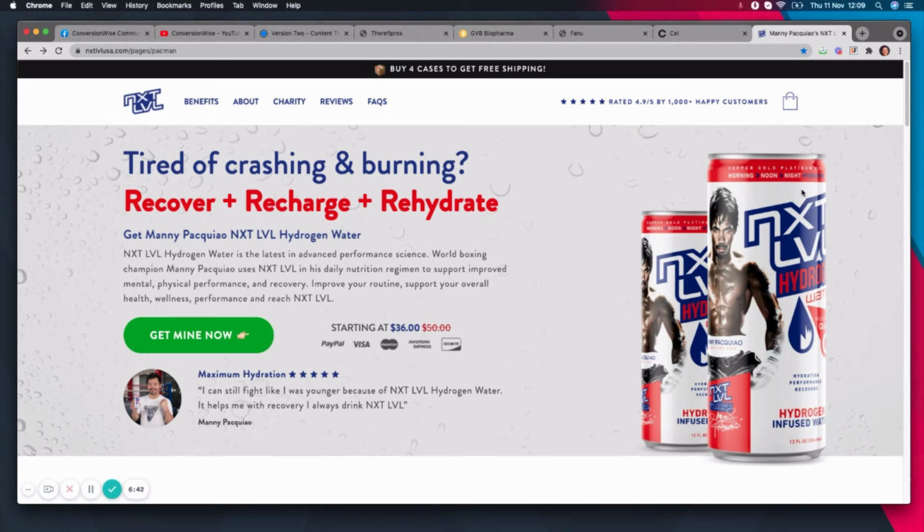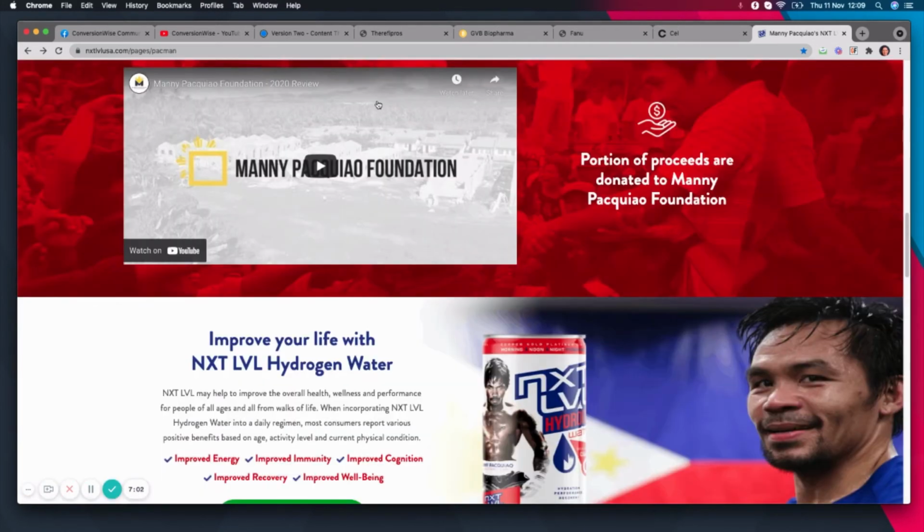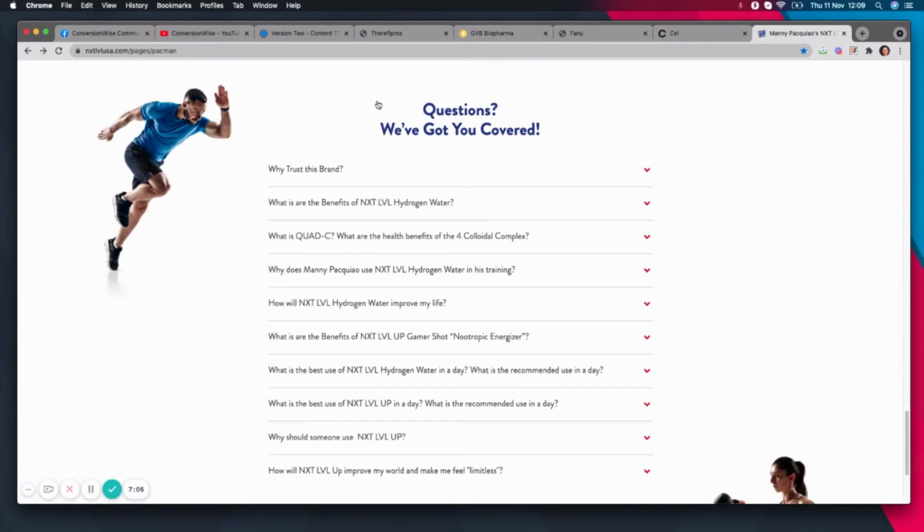What that means is that it is on a subdomain. It is set apart from your store, so you can only get to it via a link. Whether that's your PPC or your email marketing, it's not a page that you can find on the store. There are zero navigation leaks. By that, I mean these are not links that take me away. These simply jump me down to another point on the page.